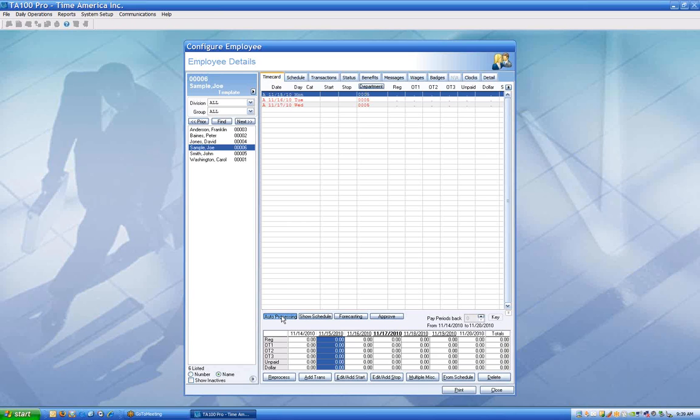Auto process is definitely something that you want to keep activated. The reason for that is if you keep auto process activated, you'll never have to manually update the screen, or only on rare occasions. What that means is if I add a punch to Joe Sample's time card, when I click OK, I expect to see that punch as a part of the time card window. Well, what allows that to happen is indeed the auto processing. So auto processing is what automatically updates that screen, and it recognizes that there is something new that should be